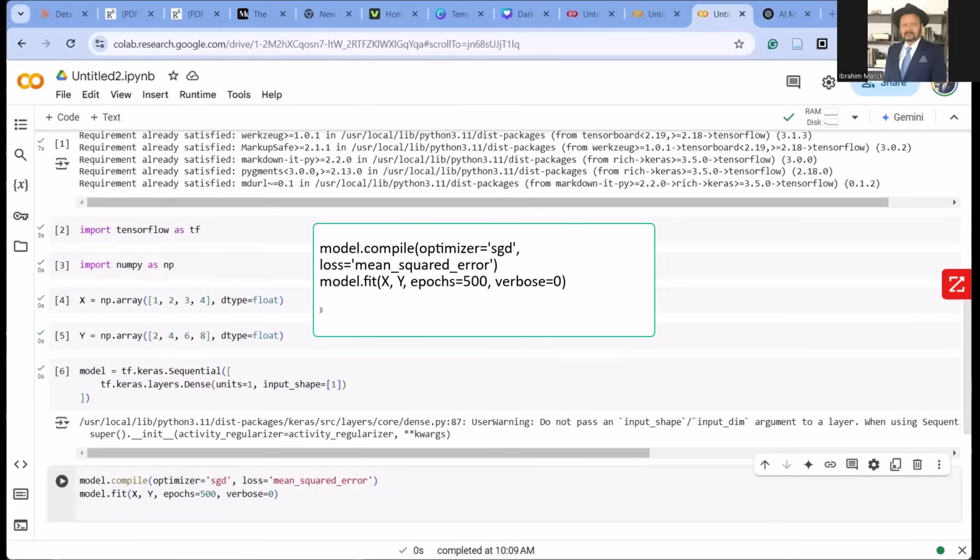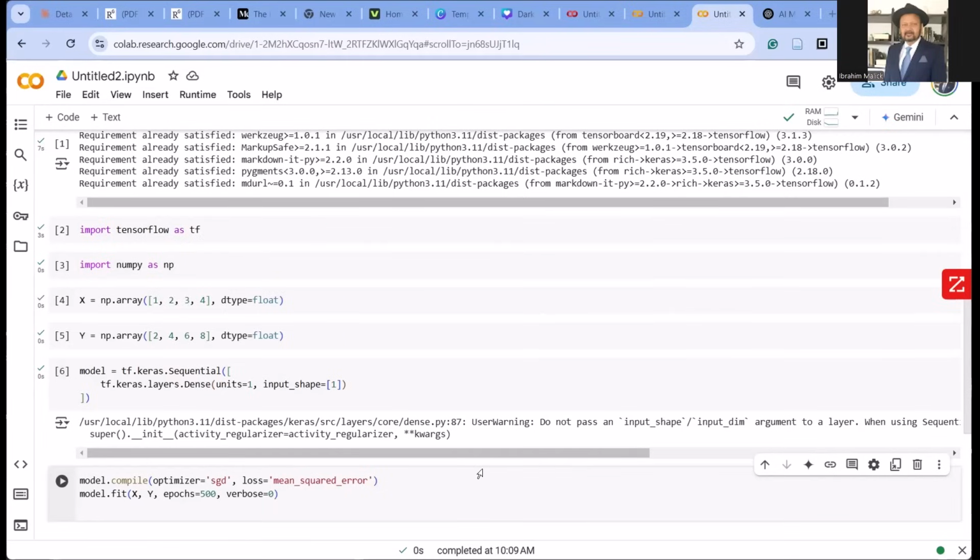It will try to minimize this error over time. And fit starts the training process, repeating the cycle 500 times, or epochs. We set verbose to 0 to hide the output, but normally we would see progress updates as well. Now the AI is practicing over and over again,